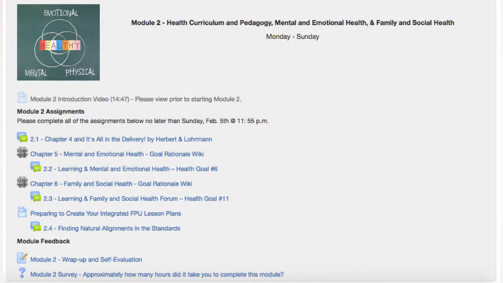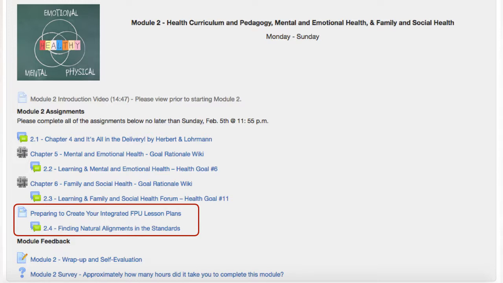Now, this is going to creep up on you before you know it, so it's important to start working on this as soon as possible. And note that you will not be able to move forward until previous steps have been taken, because your topic will need to be approved. This assignment is going to be vital in developing your final lesson plan, so be sure you give this some special attention.